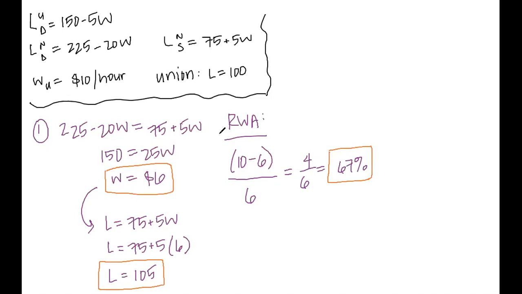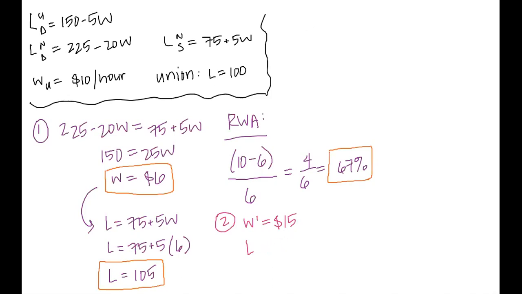So the unionized sector pushed up its wages to 15. What we have to do is plug this 15 into the labor demand equation to see how many workers firms are demanding or how many they'd be hiring. So L equals,